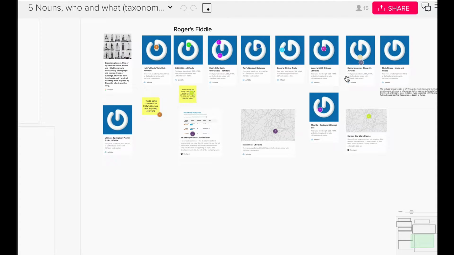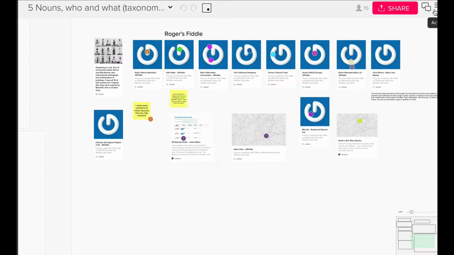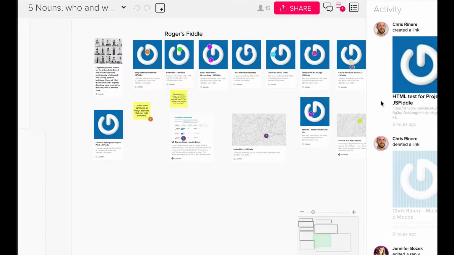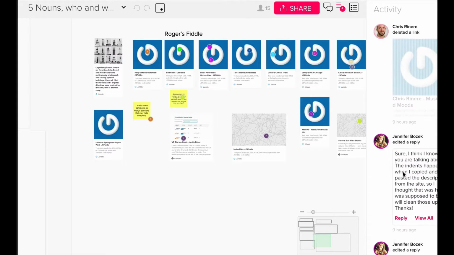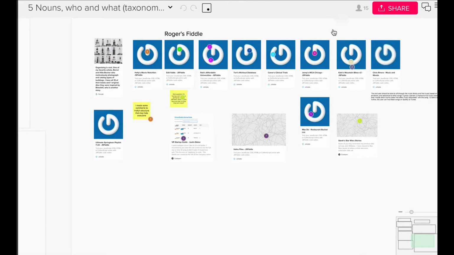So if people aren't catching up with the different comments here, please do. If you haven't figured this out, there's also an area over here called Activity, which gives you everything everyone's done, so you can catch up as well, just read through the activity area. Now, as to this week,